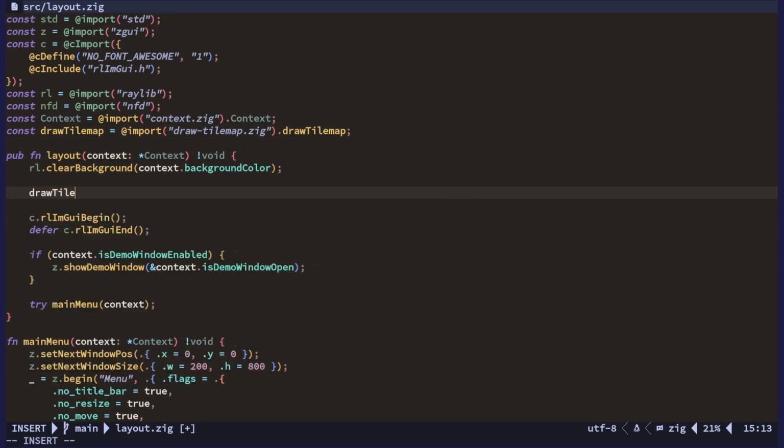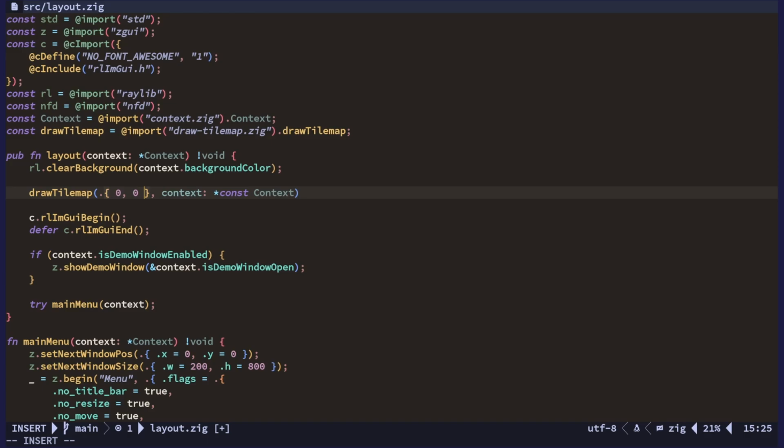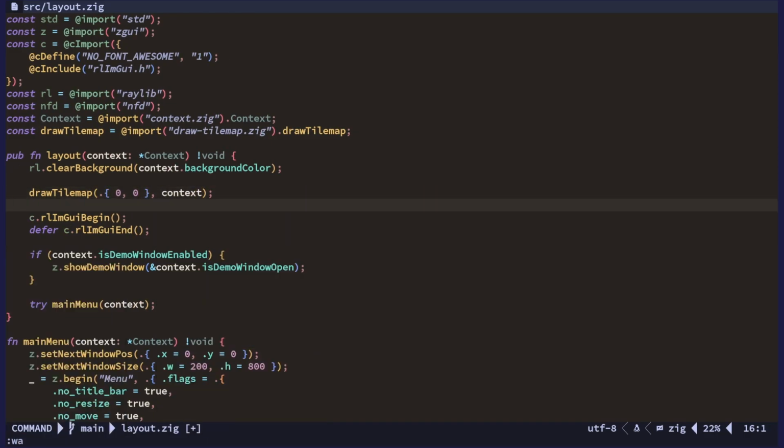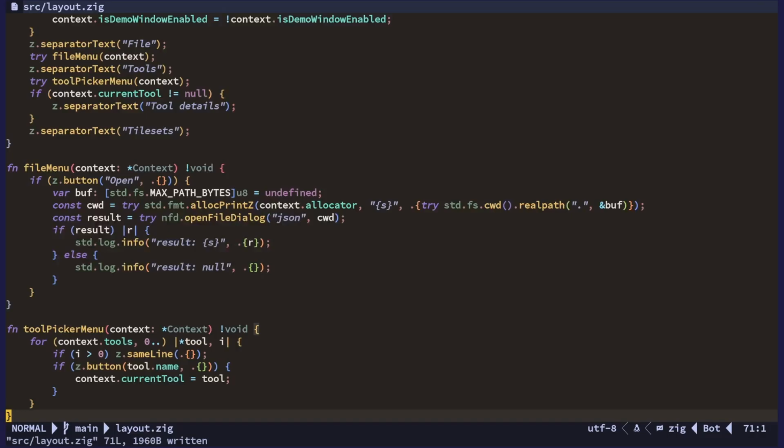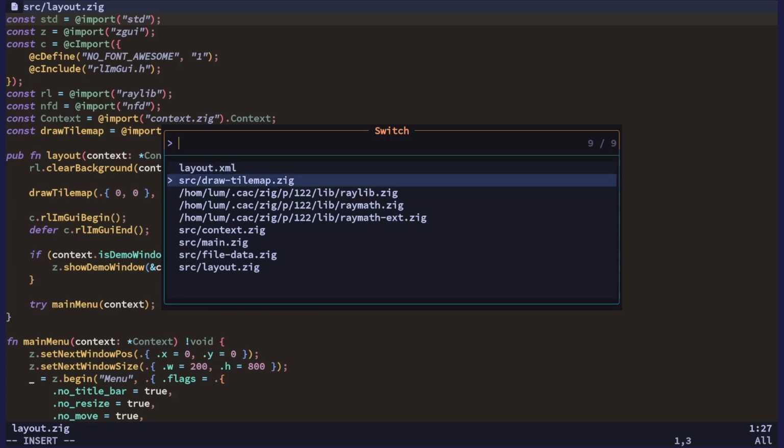So draw tile map. And the position, I guess, let's do 0, 0 for now. And the context we have here. All right, so that should be good enough to start with,